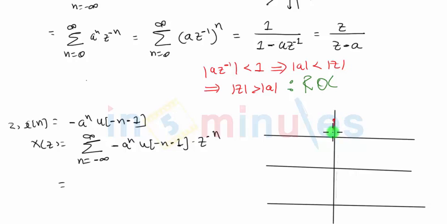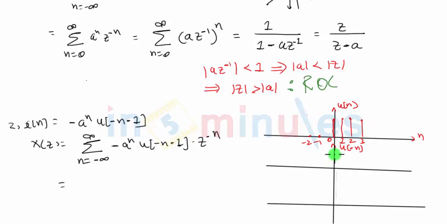So if I consider u of n, let's say this is nothing but the unit step signal which always starts from 0, u of n, and for negative values it's always 0. So this is u of n. If I fold this signal, if I find u of minus n, it means all these samples which are defined for